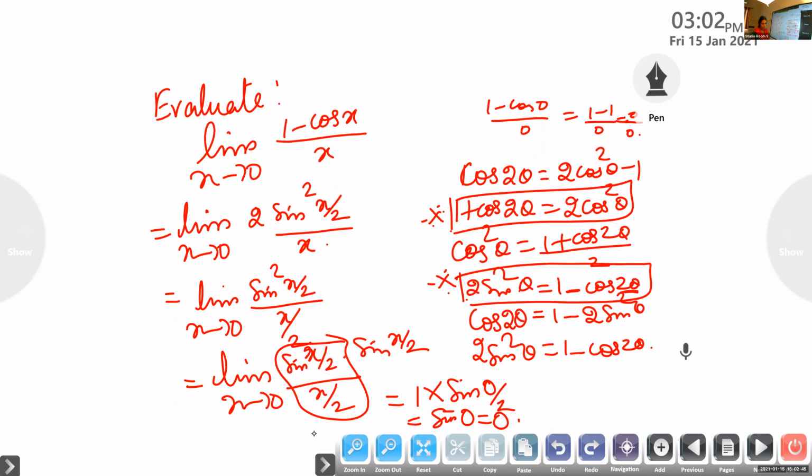So it is to be avoided. For that, to avoid that indeterminate form, we are using the identity. Is there any identity? You check for some identity. We have the identity 1 minus cos 2 theta is 2 sine square theta. If it is 2 theta, here we are writing theta. So the same identity we are using here. What is 1 minus cos x? Half angle, we are writing half of it. So 2 sine square x by 2 by x. 2 is in the numerator, so the next step, we are taking it to the denominator. So sine square x by 2 by x by 2.